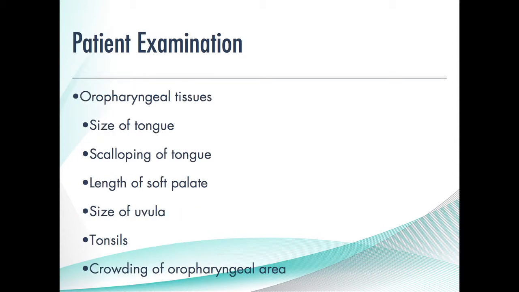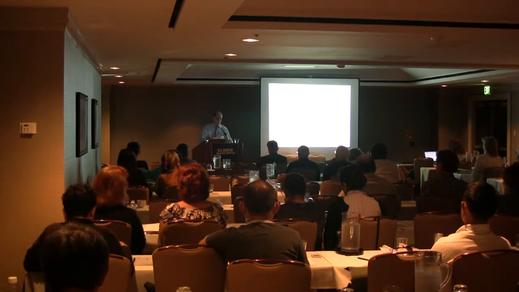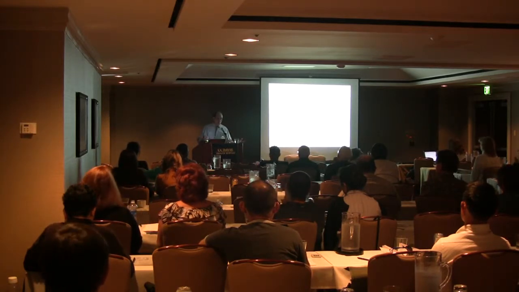So we look at all these things, the size of the tongue, obviously. One thing that is not on this slide is looking at the size of the mandibular tori, which if they would remove a lot of those mandibular tori, we would solve a lot of sleep issues. Because where's the tongue supposed to go when you open their mouth and the tori are so big, these big lumps of bone that are on the lingual arch, and so big that they actually obliterate the floor of the mouth. So the tongue has no place to go, and they could be perfectly fit and healthy